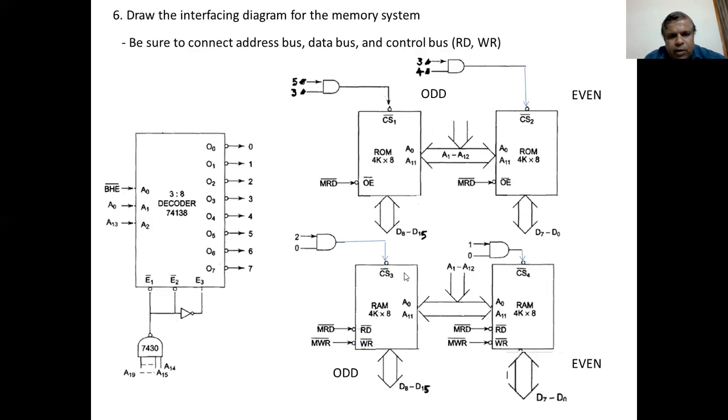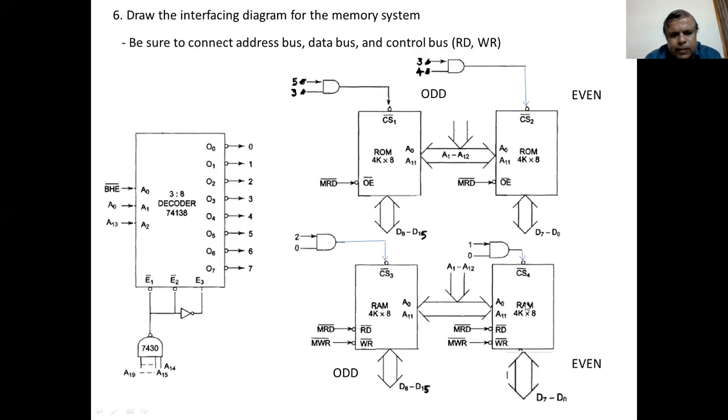only the addresses in odd and even bank. Okay, so connect this output pin 0 through a NAND gate to this third RAM chip, the CS bar 3 chip select signal. So then this RAM is selected for holding the odd numbered memory locations, and the same output pin you connect to the NAND gate. Output of the NAND gate is connected to this RAM chip to select this RAM.